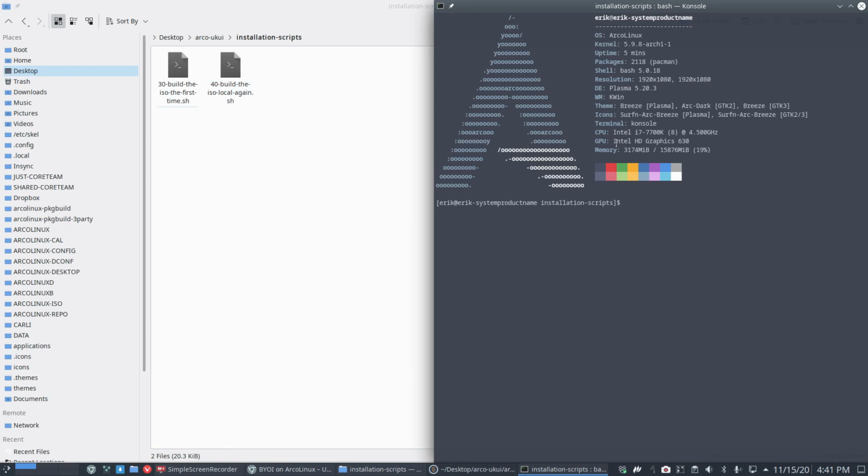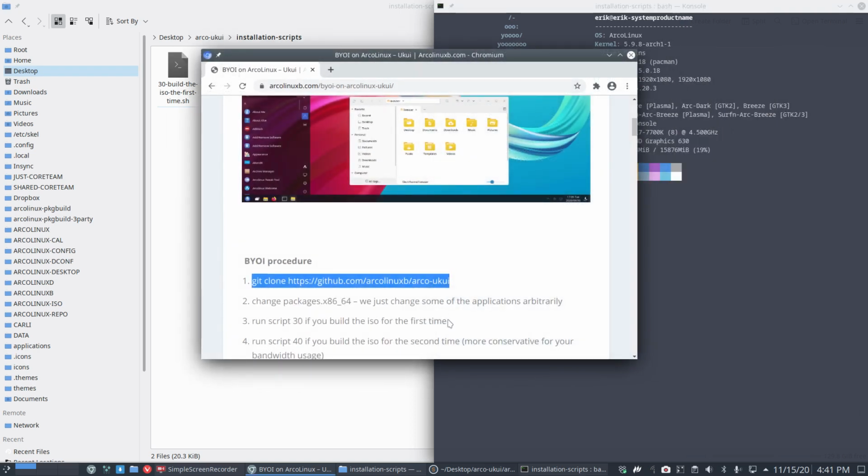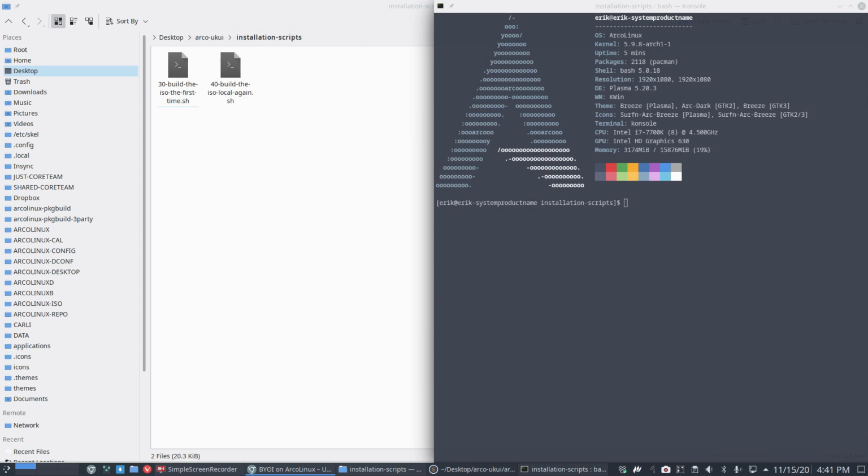Now, the thing we need to do here as well is decide whether we want to run 30 or 40. The only difference is that number 30 is going to delete all the packages that you have in your var cache pacman. So the cache will be deleted and you'll download everything again. So if you are already low on bandwidth, then that's not a good thing. Or if you want to quickly build it, and you've